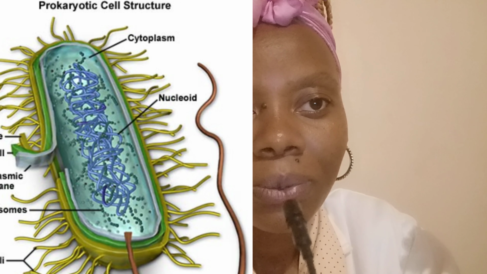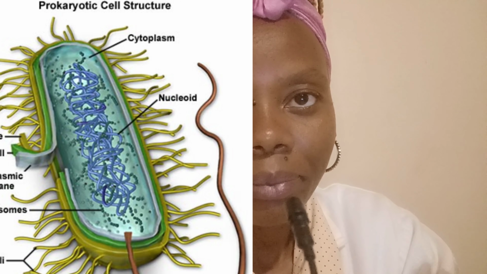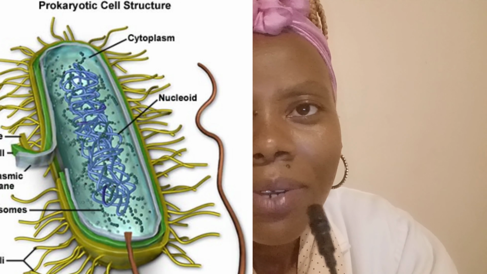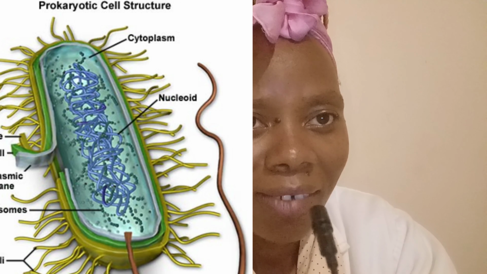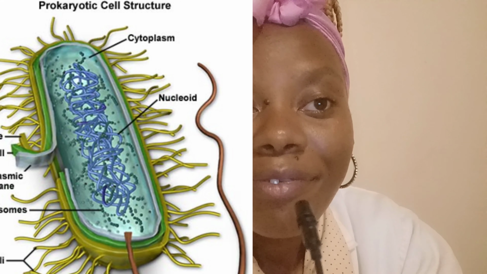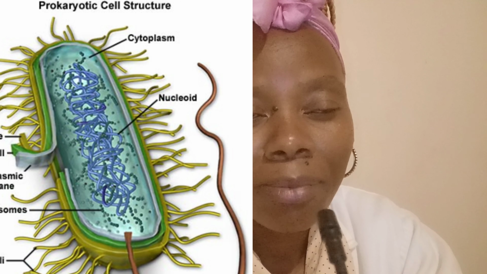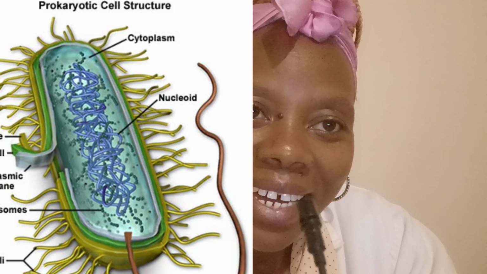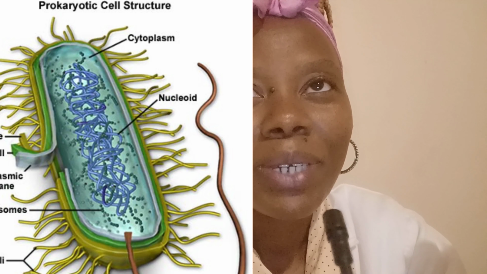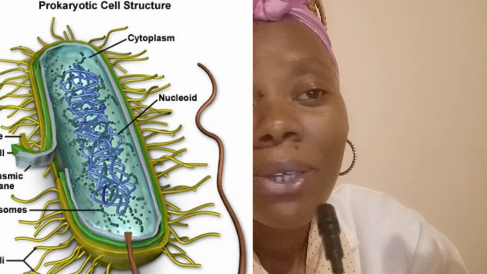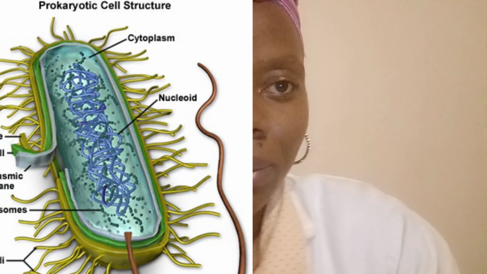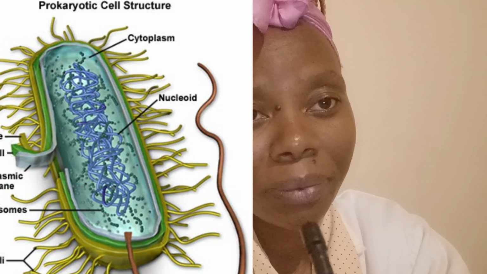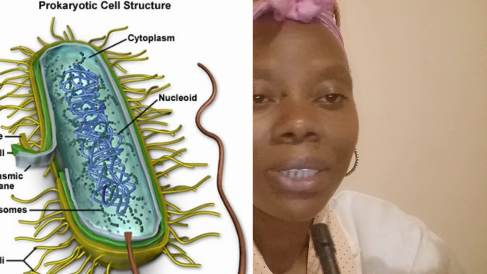In the next chapter, I'm going to show you how a cell looks, and the organelles that are found in a cell. So there are organelles in a cell. How is a cell able to function as a basic unit of life? It's because it has organelles that perform different specific functions. For example, we have Golgi bodies, mitochondria, the nucleolus, centrioles. We have so many organelles inside a cell, and that's why they're able to function as a basic unit of life.